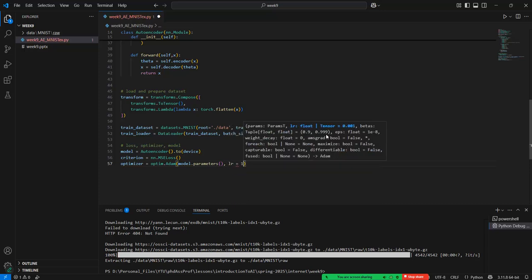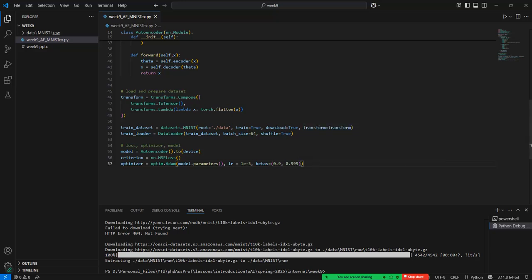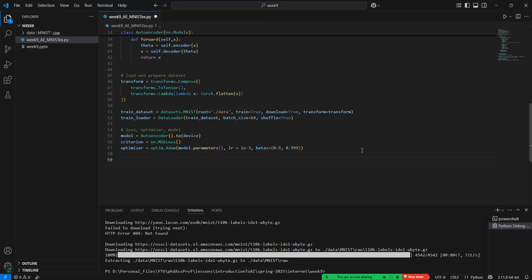The lr rate is equal to 1e-3, and we also need to give the betas in here, just like this one, 0.9 and 0.999 for example. This is the Adam optimizer. Okay, so